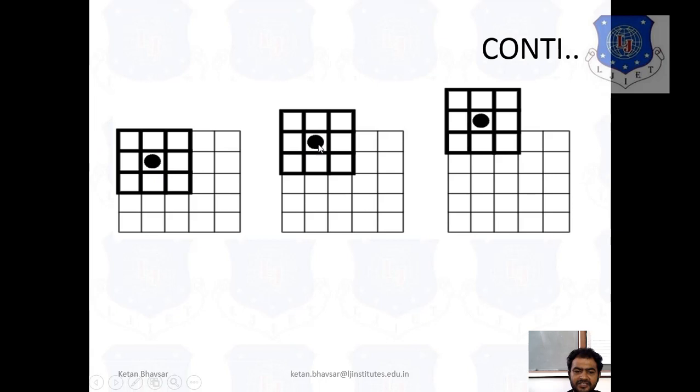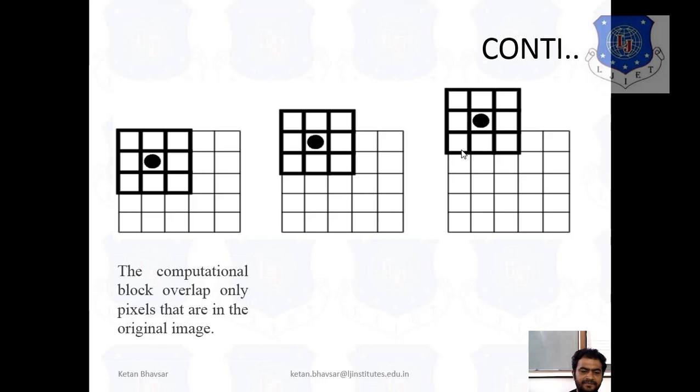For this particular picture, we calculate the value according to this, and for this particular pixel value we take an approximate value. This process goes on in a similar pattern, trying to find the approximate median value, and because of this median value, we remove certain types of noise.